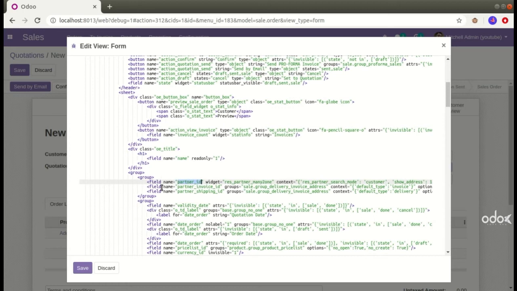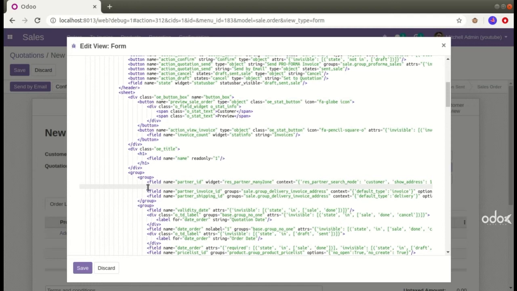So we have to give our XPath expression: we need to go inside a group, the first group, then after the field name equal to partner_id, we have to place our custom field, which means our particular custom field will come here.